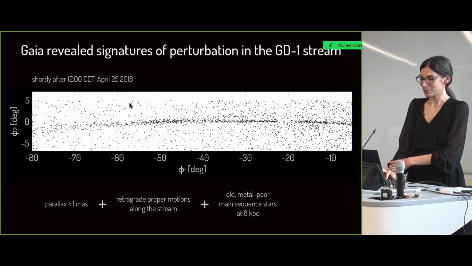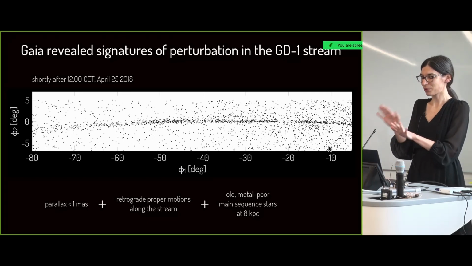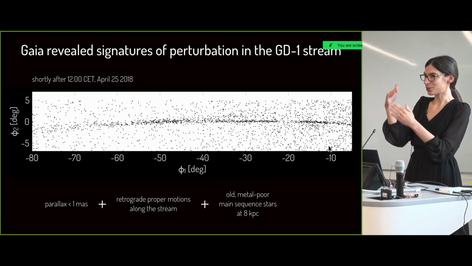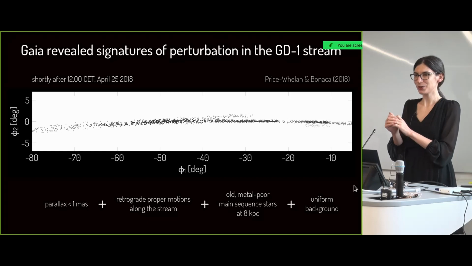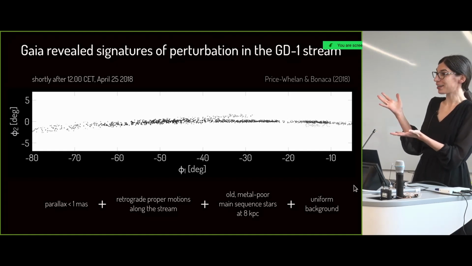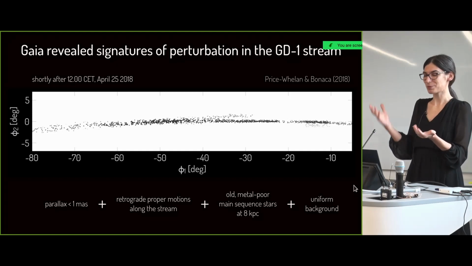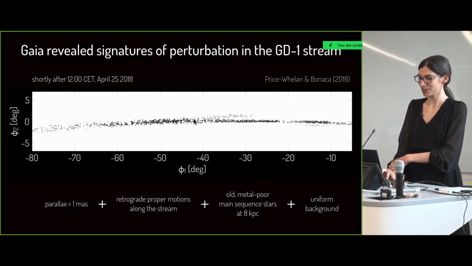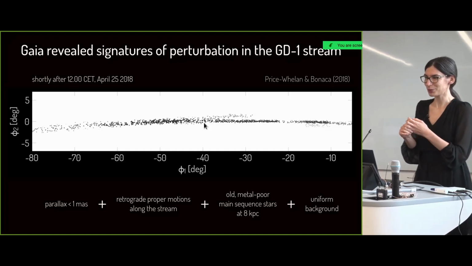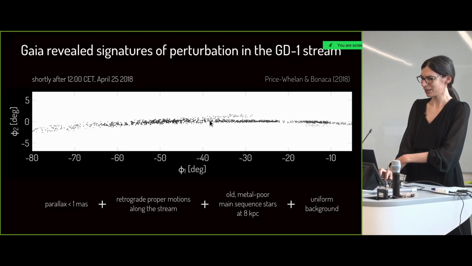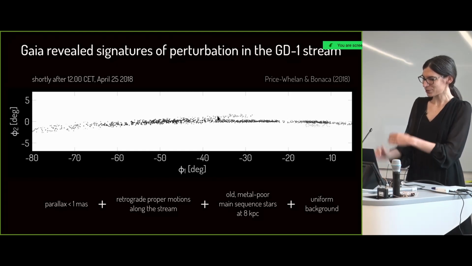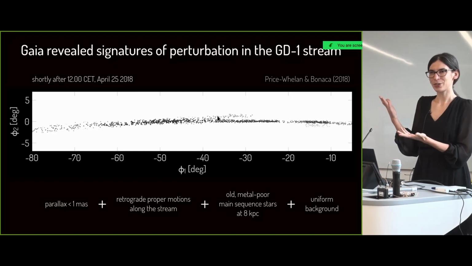You can get a sense of what the background contamination is from the top and bottom fields. If we calculate the excess probability of these stars, assuming a uniform background, we get a model that looks like this. This figure now looks like what we were hoping to find: substructure in the stream, with one gap over here and another gap over here. People mostly focus on finding these gaps, but we also find stars off of the main stream track, and we thought these were very interesting.